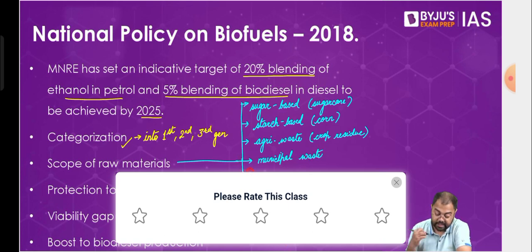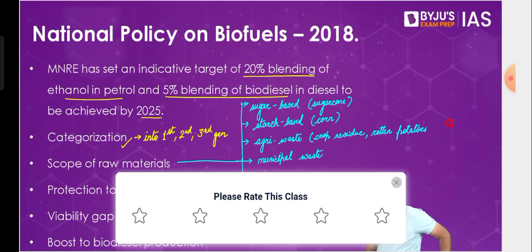Then there are a couple of very interesting points that have been added here. In case of agricultural waste, even things that would be wasted, for example, the crops or the food that will be wasted, also have been considered here. For example, they also mentioned rotten potatoes. Now, why rotten potatoes? Because obviously potato is a very big source of carbohydrate. So potato obviously can be used as a source, but we don't want to use potato because potato is a very staple food in every part of the country in one form or the other.